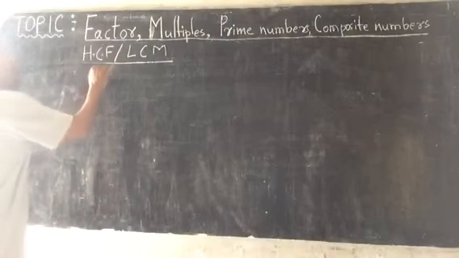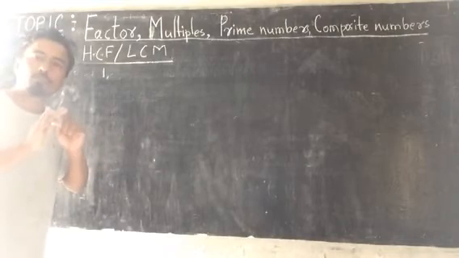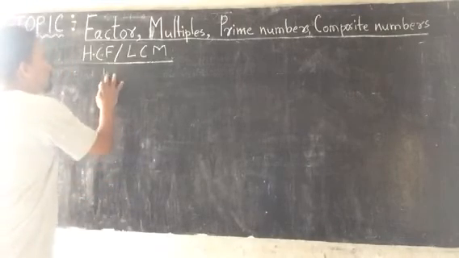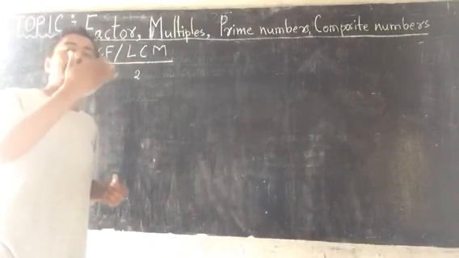How to understand? 1 can divide every number. It's very simple. You don't have to think of any rule. But 2, which numbers are divisible by 2? Okay, which numbers can be divisible by